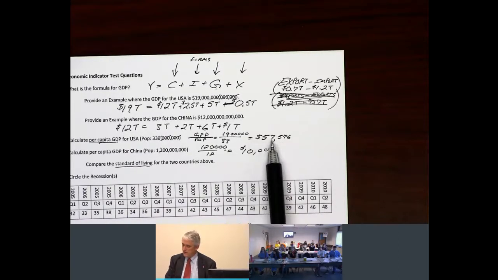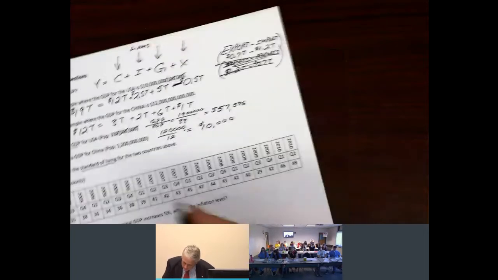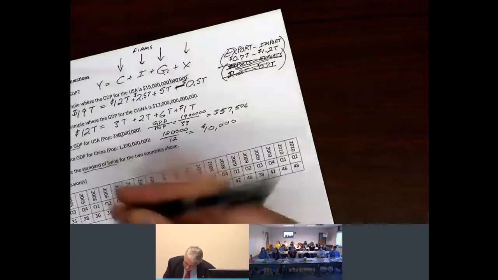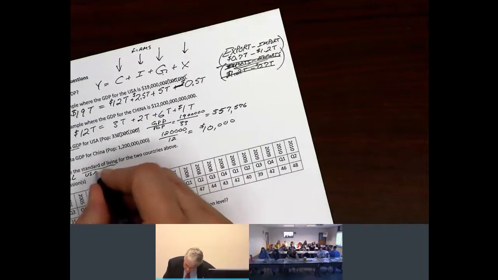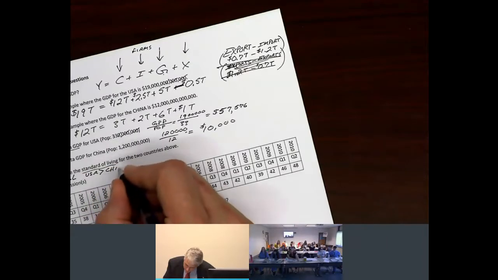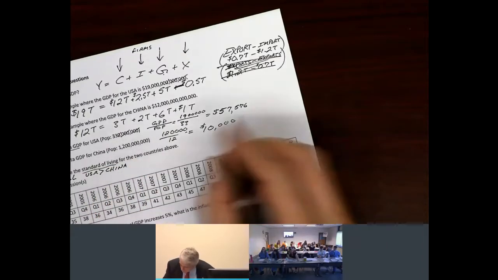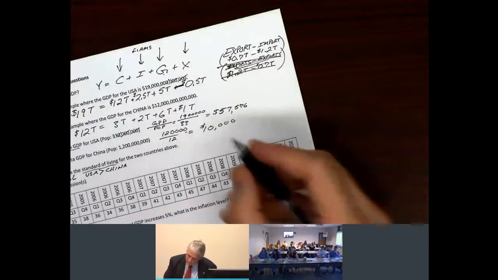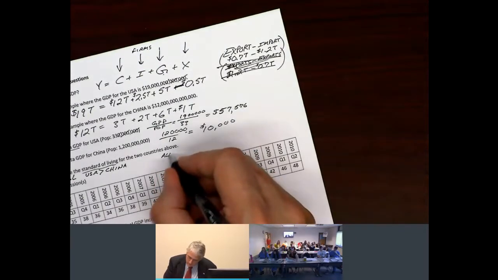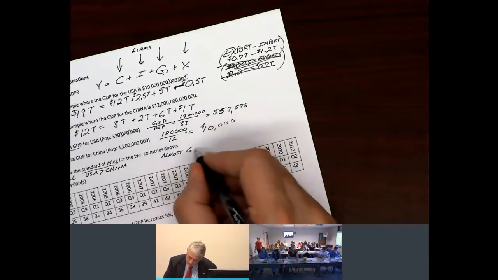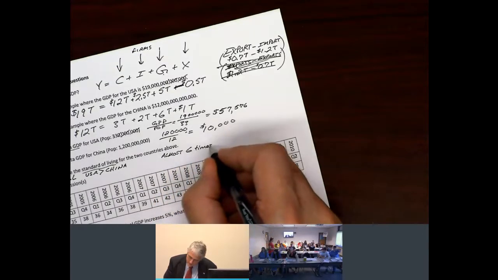And because it has a higher number than in China, could we say that the standard of living in the United States relative to China is... Okay, so we'd say that the standard of living in the USA is greater than China? Could we say that it's a little bit better than China, twice as good? What would you say? 5 times. Maybe even 6 times, right? Almost 6 times